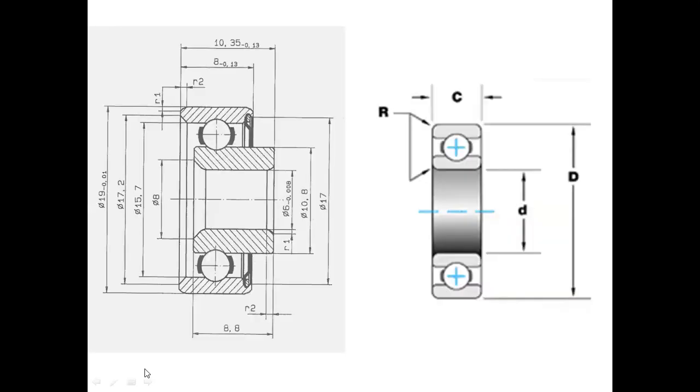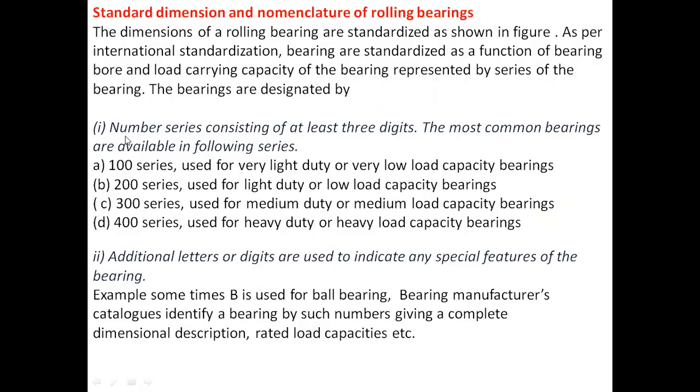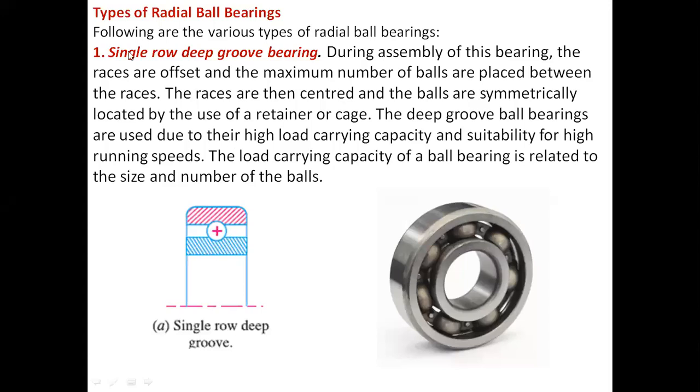So this is some drawing concept. These concepts we'll see while discussing the numericals. There is also a number series for the bearings, which we'll see while we discuss the numerical portion. Here are the types of radial ball bearing. First one is your single row deep groove ball bearing. You can see it is not just a simple one. During assembly of these bearings,